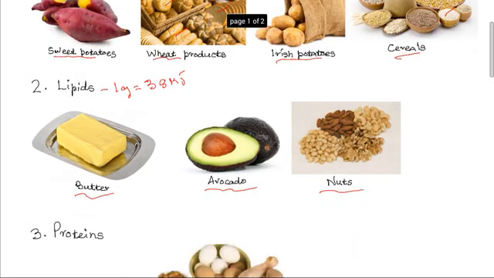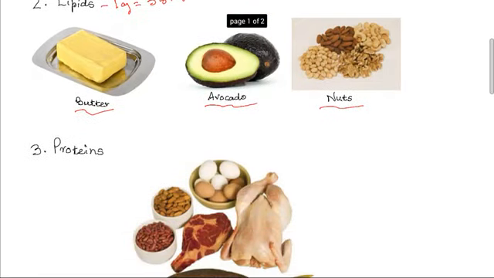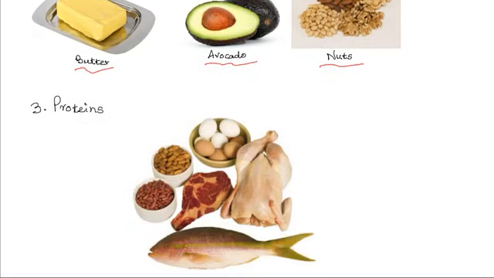Then proteins are the other respiratory substrates. Proteins are respired only in extreme cases where fats and carbohydrates have been exhausted, that is, during prolonged starvation. And the sources of proteins include eggs, poultry, fish, beef, groundnuts, and beans. The proteins are first hydrolyzed by proteases into polypeptides,